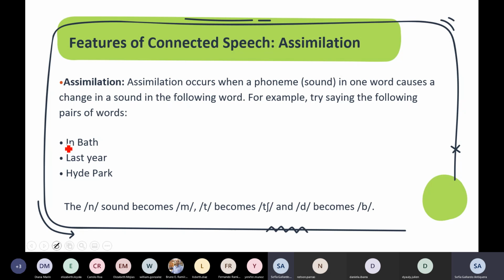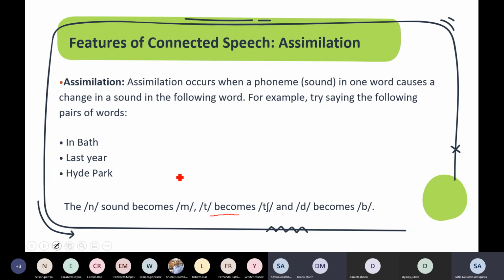Now, in the second example, can anyone else read it? Is Diana there? Diana, would you mind reading the second example? Last year. So if we have this here, and you have this phoneme,